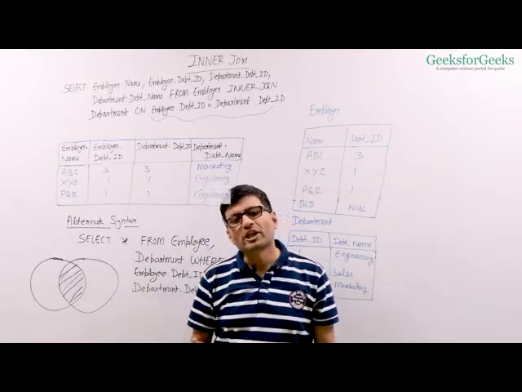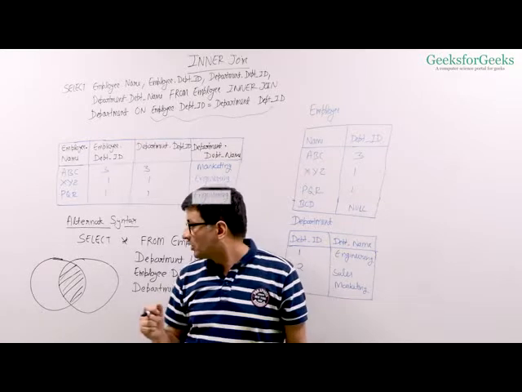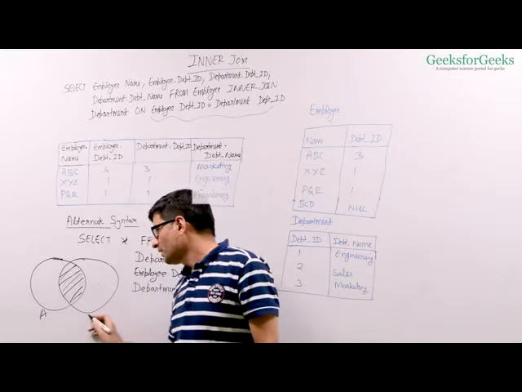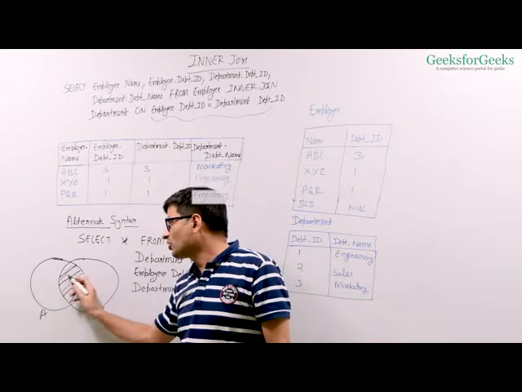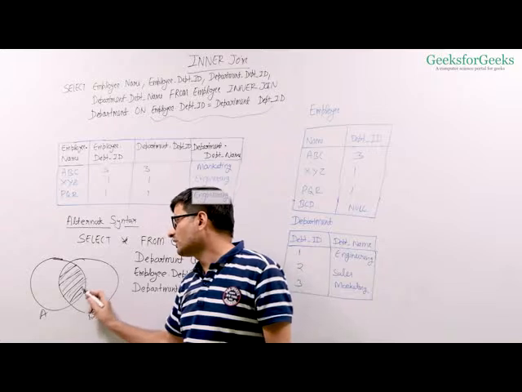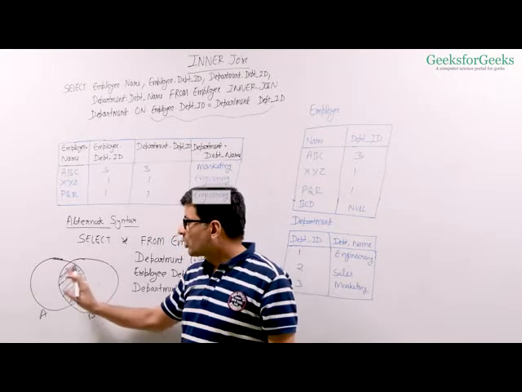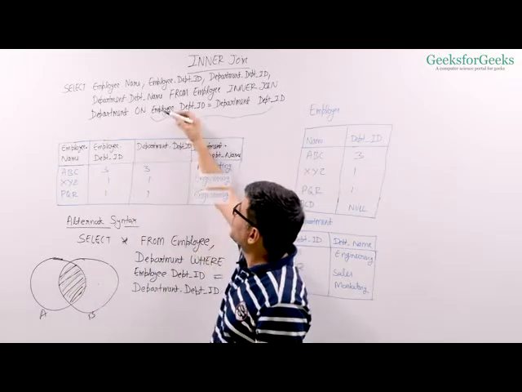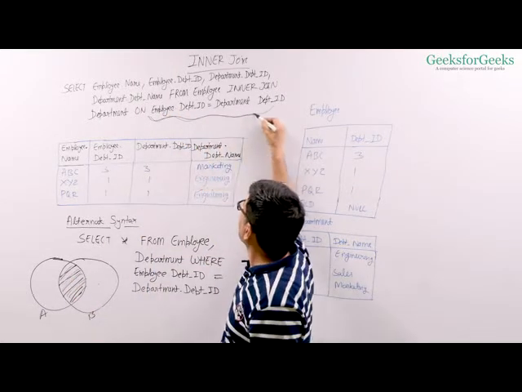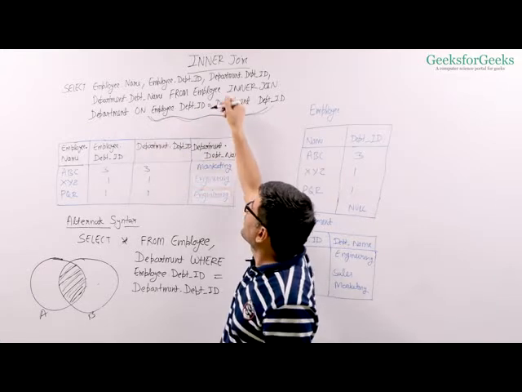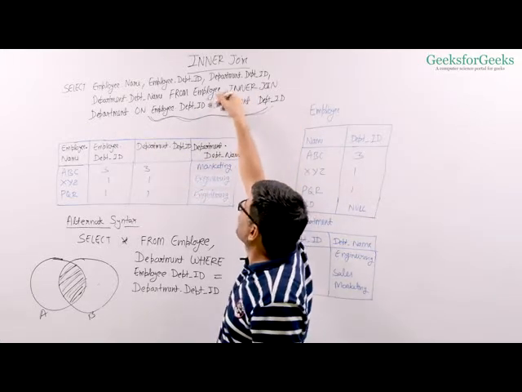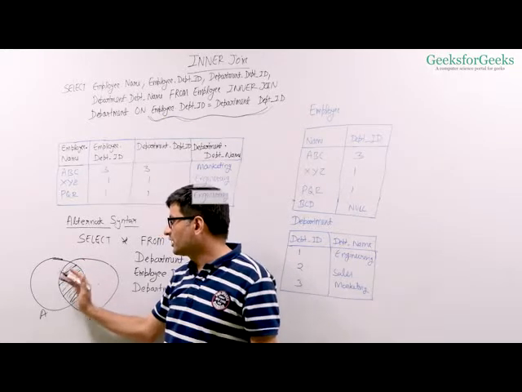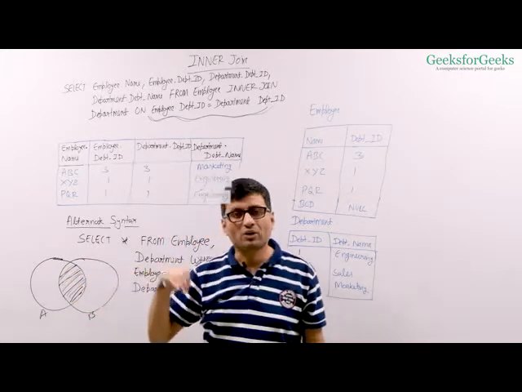We can also understand inner join using set theory. We can draw the Venn diagram of 2 tables, say tables A and B, and we can say whatever is common between these 2 tables is our inner join. What do we mean by common? The section of both the tables that follow the constraint that we have specified here, right? So if there was a constraint with more conditions, like AND or not equal to, all those entries which strictly satisfy these constraints in both the tables are part of inner join.